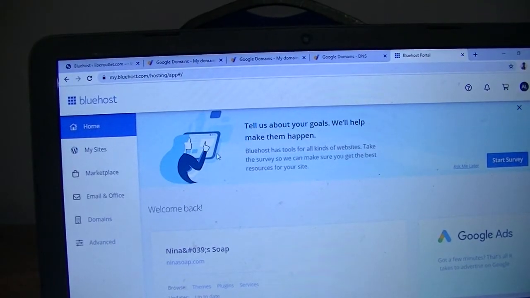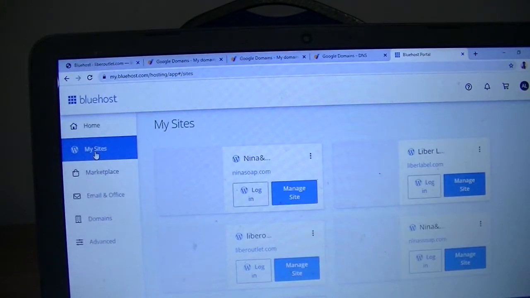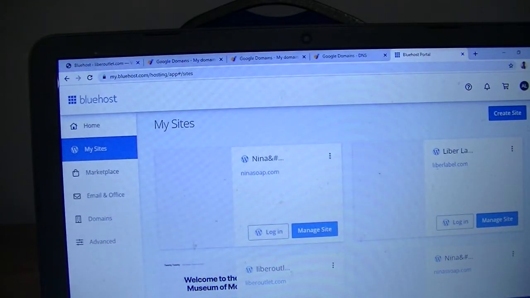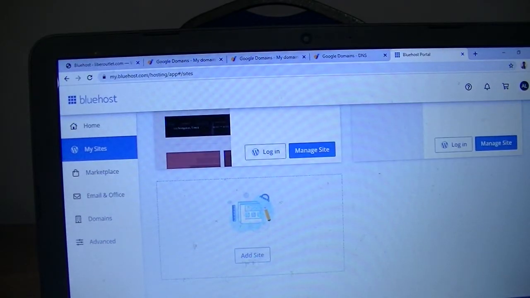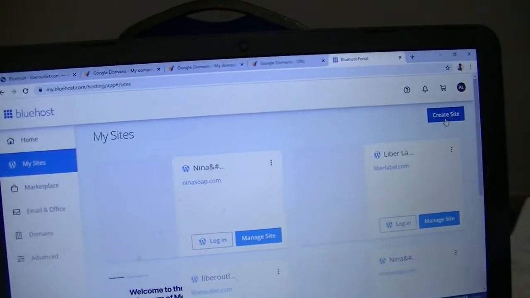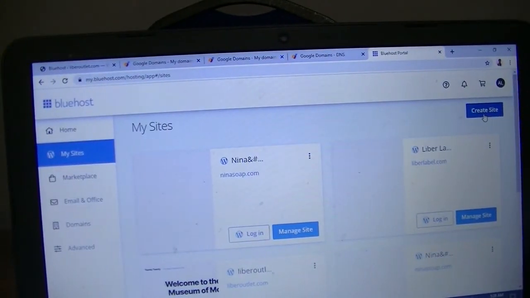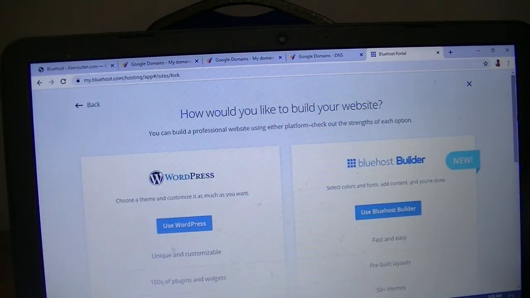And you will click on My Sites. And you scroll down. Let's see. Sometimes you might go with that. Let's click on Create a Site. I don't know if you'll be able to see it from here. So when we click on that,